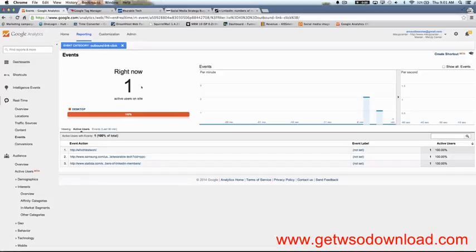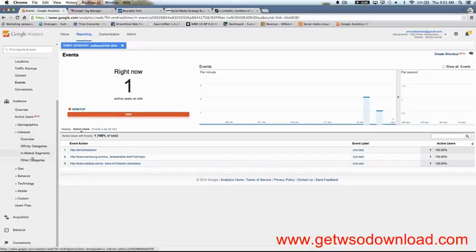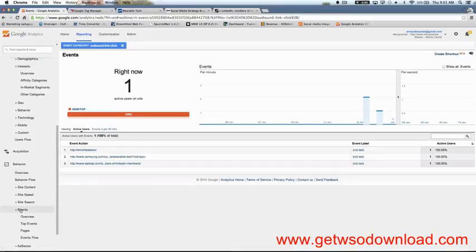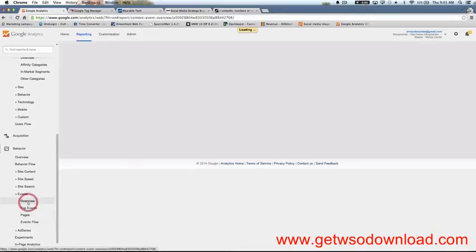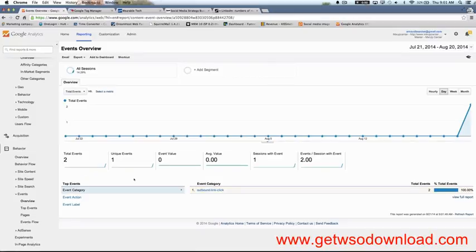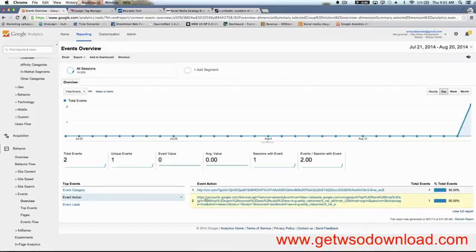So you have the event here, and you can also get your event in Behavior, Events, and Overview. So here, category, outbound link click, as we said, action,